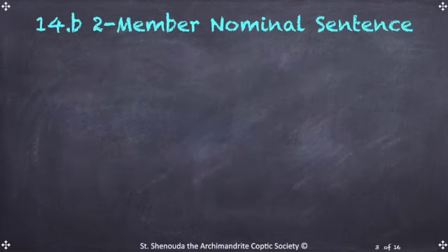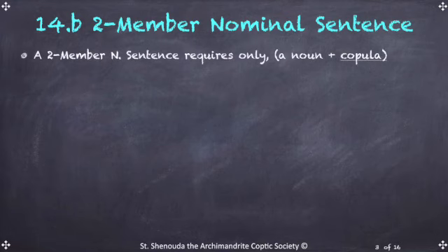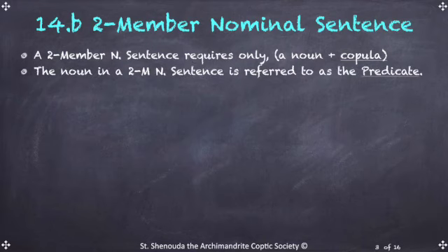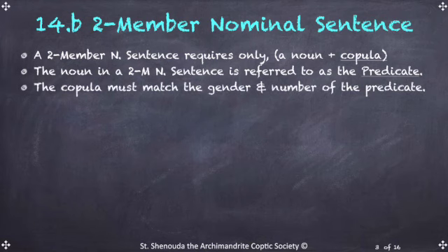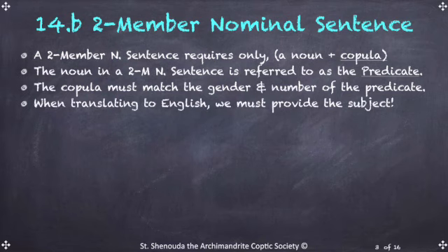The first type of a nominal sentence is a two-member nominal sentence. The two-member nominal sentence only requires a noun and a copula. The noun in the two-member nominal sentence is referred to as a predicate. The copula has to match the predicate in gender and number. In Coptic, even though the subject is implied, when translating into English, we must provide